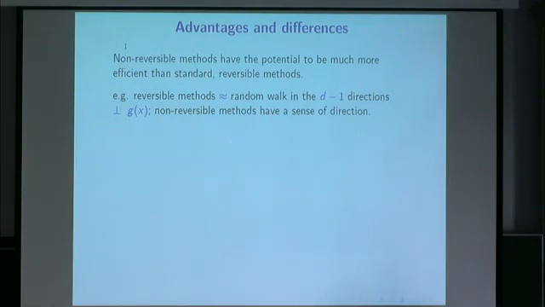So in fact, think about when the posterior is not completely flat. If you've got a d-dimensional space, well, it's going uphill in one direction, and locally it's flat in all d-1 other directions. So you've basically got meandering in reversible methods on d-1 dimensions, and it can do something exciting in one dimension. Whereas that's for reversible methods. For non-reversible methods, they've got this sense of direction, so they're going to hopefully explore the space better.